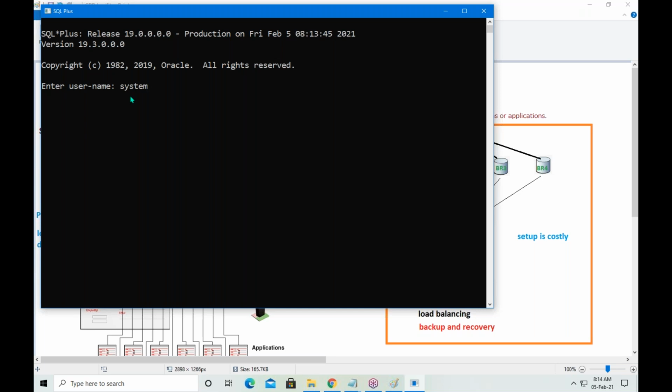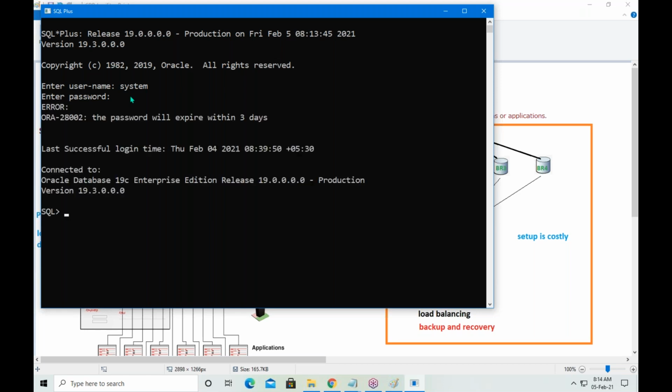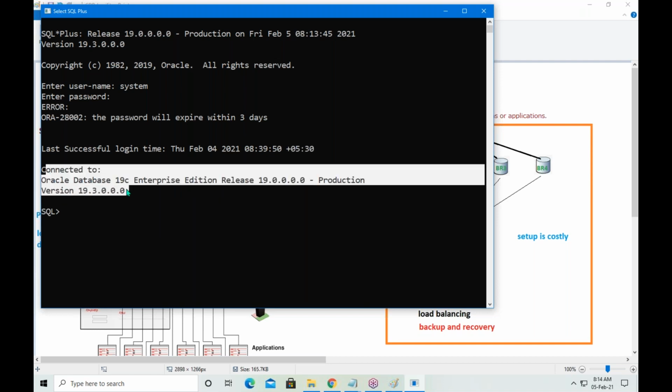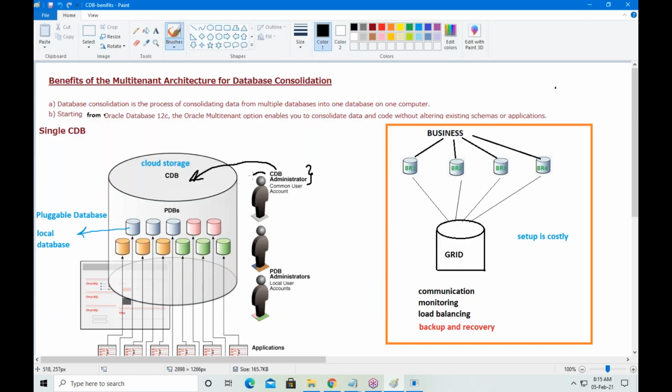In our personal system, the username for DBA is system. Enter. The password is manager_1. Enter. Connected. So the first step is completed. The CDB admin person is connected to the cloud database.